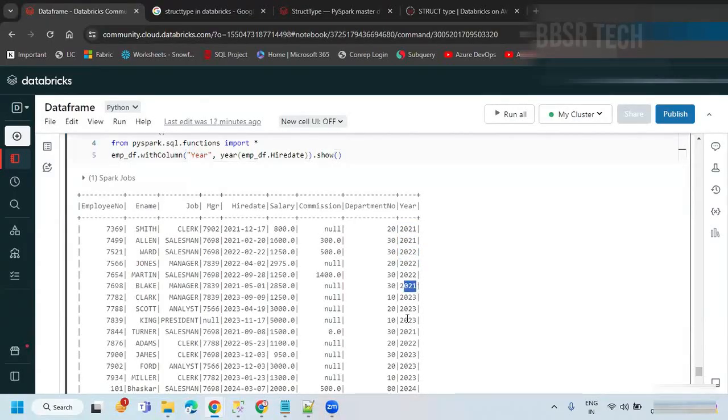Okay, if you want to keep the column right after your hire date, you can use the select function here again. In select, you can specify employee number, ename, job, mgr. I don't need mgr, just take out that hire date,